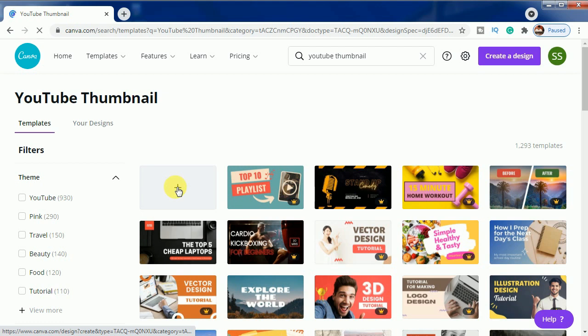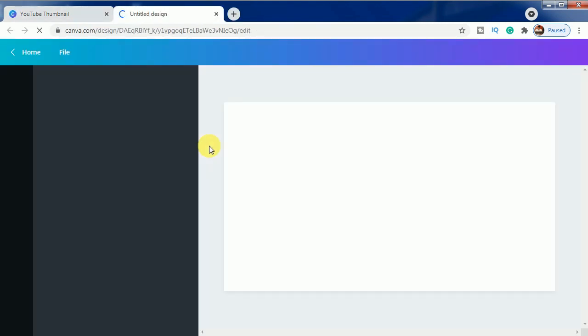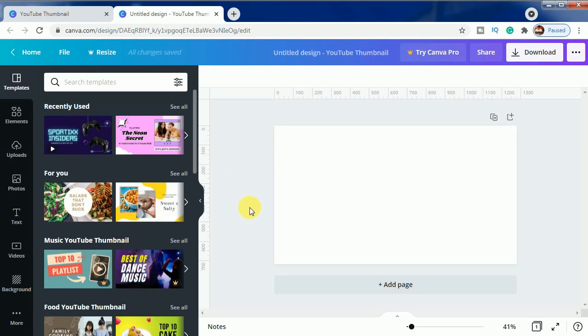Okay, and here we will choose a blank canvas. For this example, as you all know, we will be making everything from scratch and doing it right in front of us. The main thing you have to keep in mind is that you have to mainly work on the background.